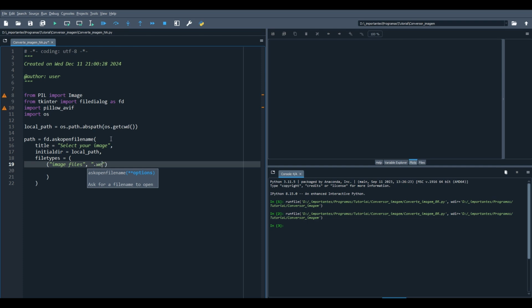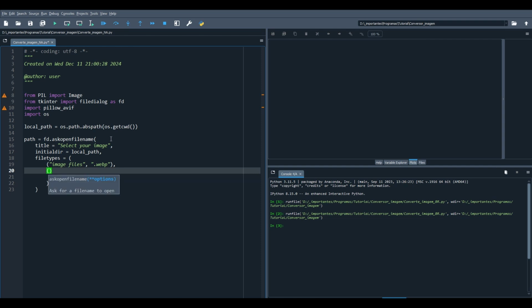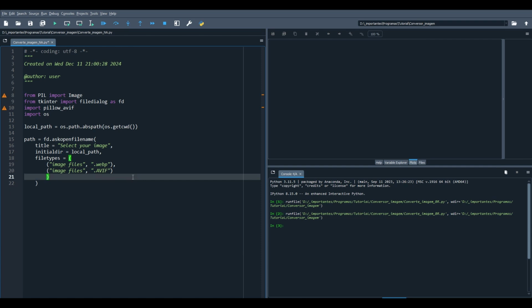.webp. I know webp was made to be more resourceful, to take less space and all that. But if no apps accept it, what are we gonna do? We need other file types. Oh, AVIF. And also AVIF. Because honestly, I have no idea who created AVIF, why it exists, but we're gonna turn it into a PNG